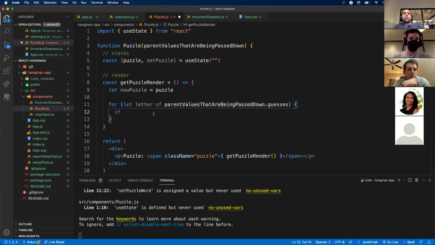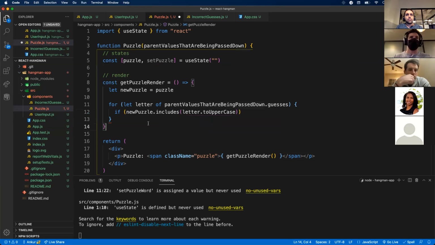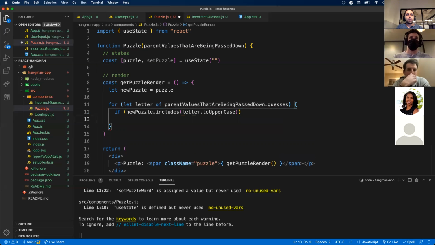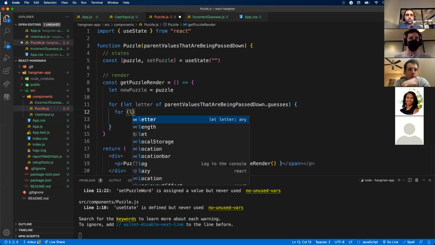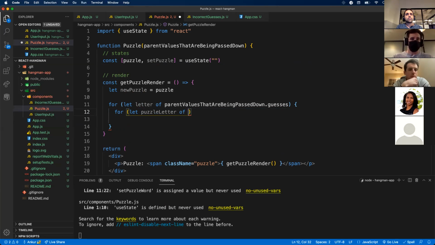And then for if new puzzle includes the letter toUpperCase, then we're going to have to find every letter. So it's going to be a little more complicated. We can do a for loop. Let's do a map. All right, running out of time here, so this for loop's easier. So let puzzle letter of